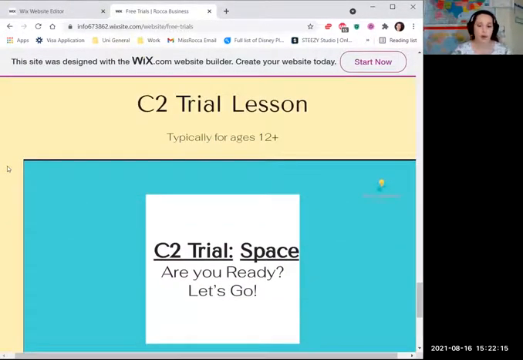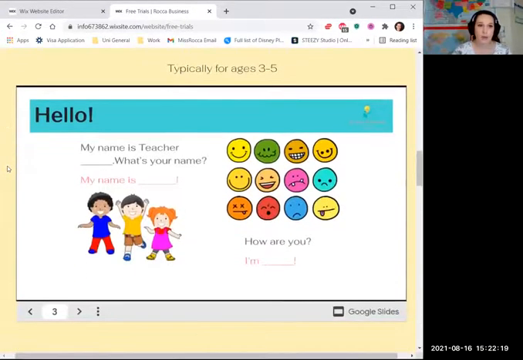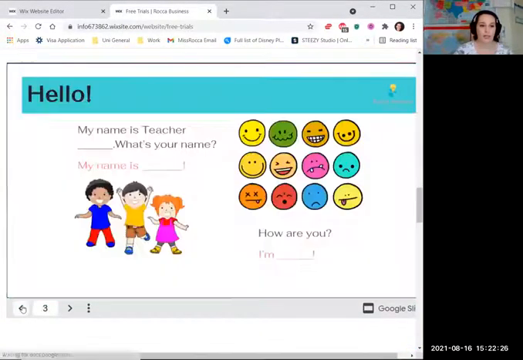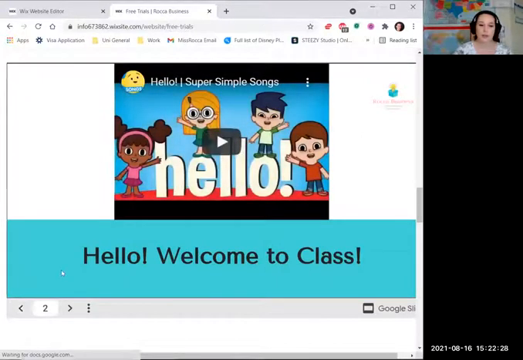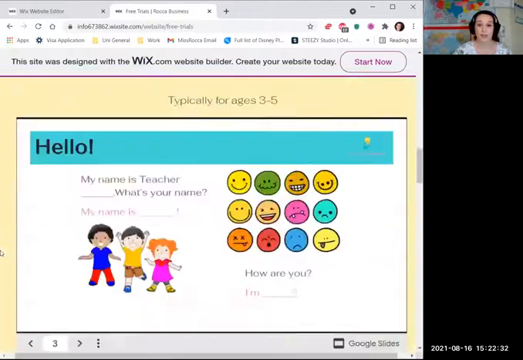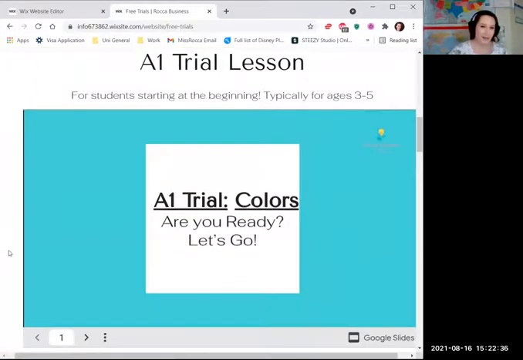Also, a quick note on these lessons, if you're starting in maybe the A2 lesson and you realize that it's too easy, you can always scroll on down, start the next level lesson instead with your student, and click to wherever you want to begin that lesson instead. If you realize that the A2 level is maybe a bit too difficult, you can scroll up and start with the A1 level instead. So this is also a great pre-assessment tool to see kind of what level your student